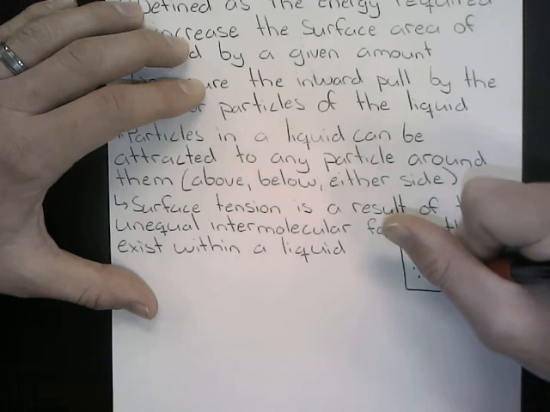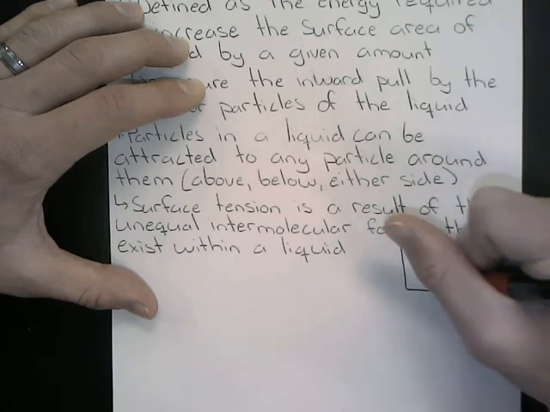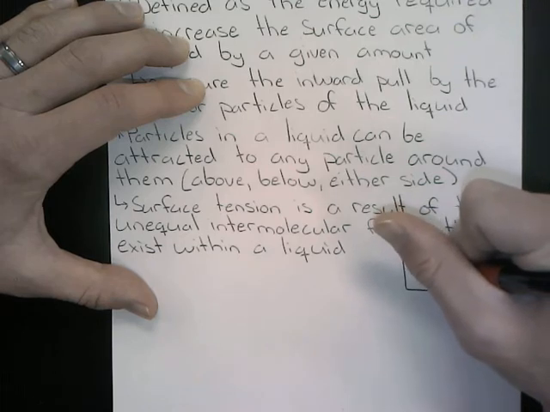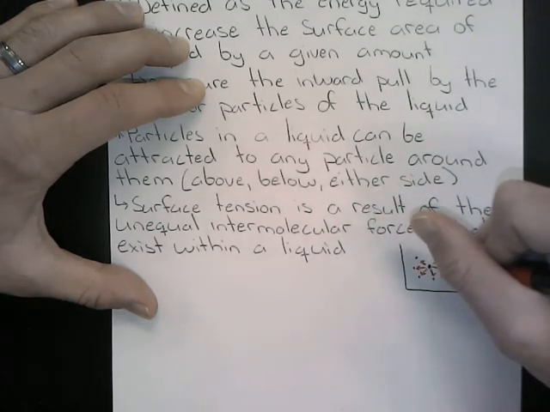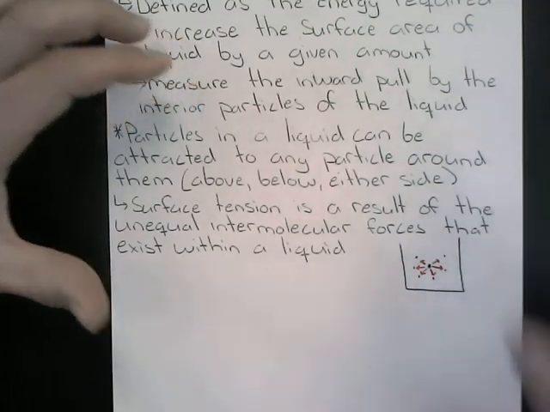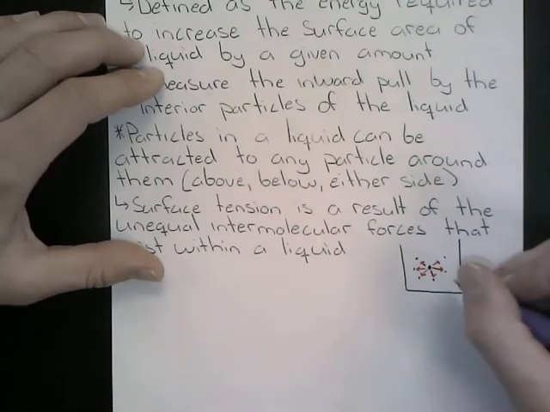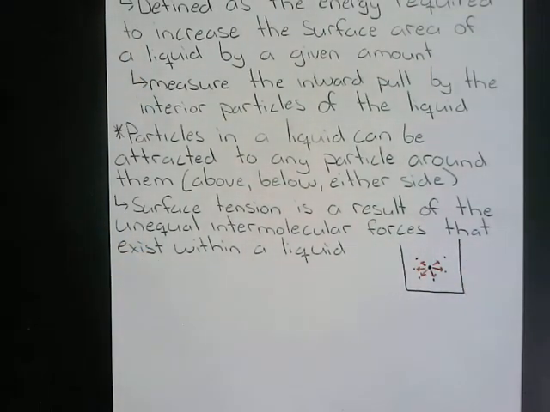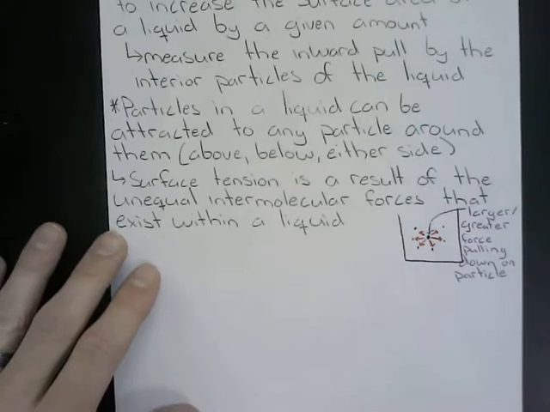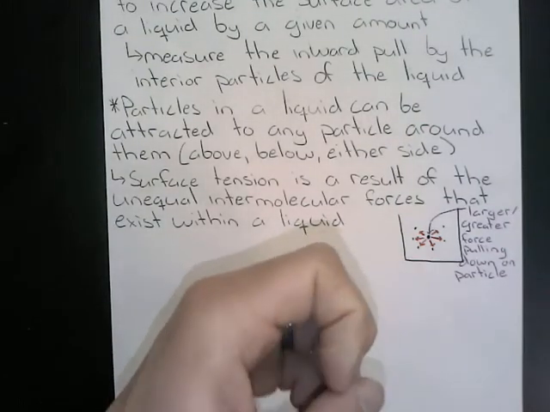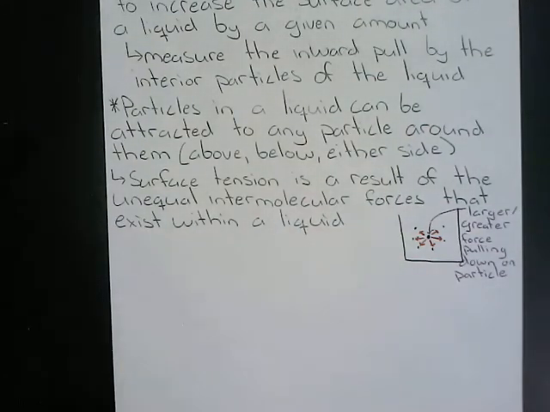So what happens here, and I'm trying to emphasize this, is that there are larger forces of attraction pulling down and inward here, and this is going to cause that surface tension. So let me mark that here as larger inward attractions, or larger attractions below the water particle of interest. So there it is. The water particle is having a greater force pulling down on it, which results